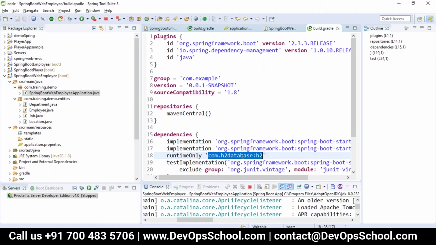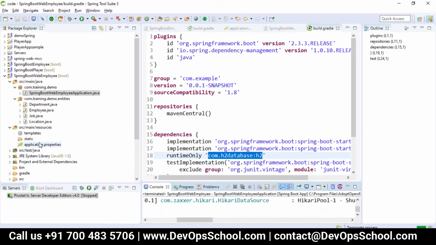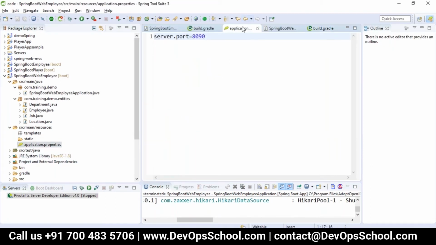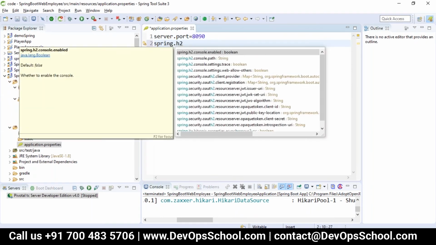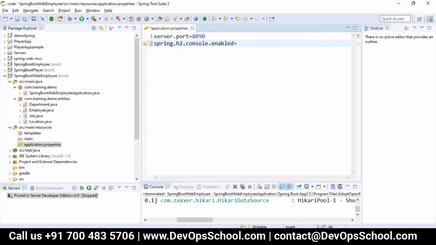Because we have to set the required properties. We have to mention that it should be enabled. So again, in the application.properties, we have to set the property spring.h2.console.enabled=true.